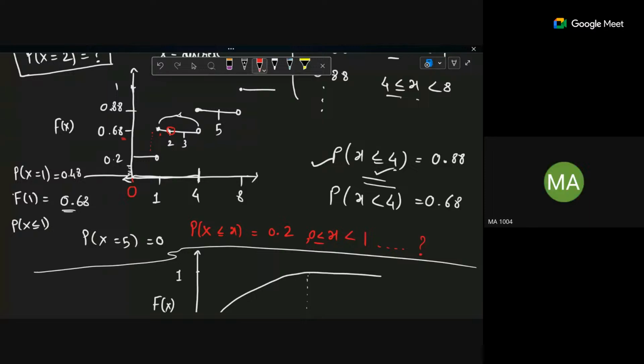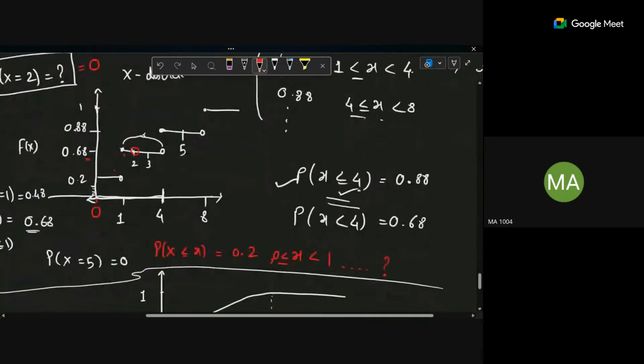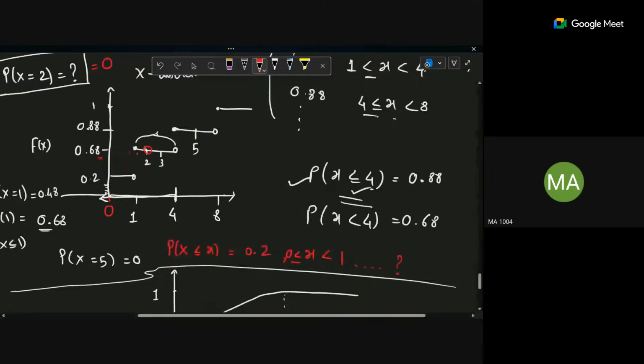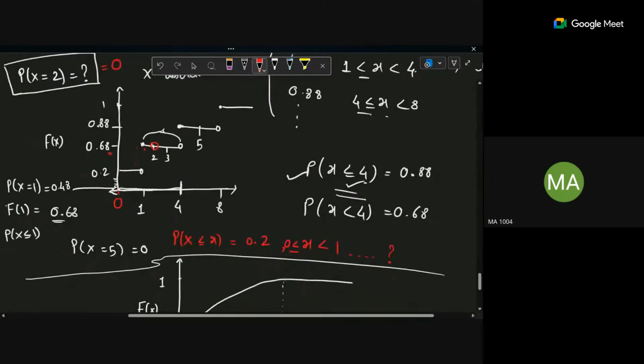And be careful with this kind of thing. They may ask you this kind of question in your quizzes, where in every option the slight change will be there with this less than or equal to, or, let's say, x less than 1, and you will forget it and lose your marks unnecessarily. Okay, so yeah,